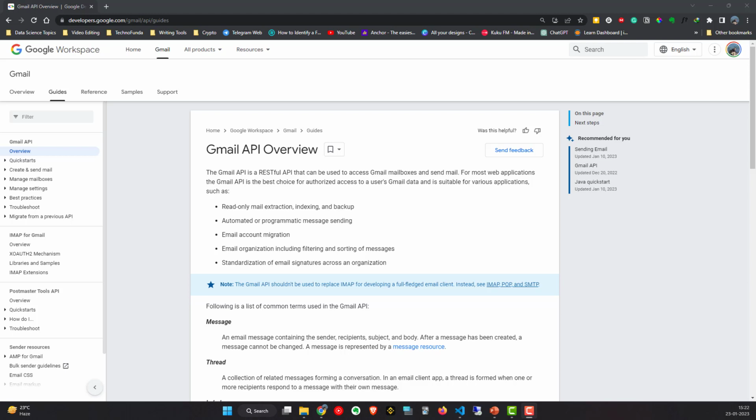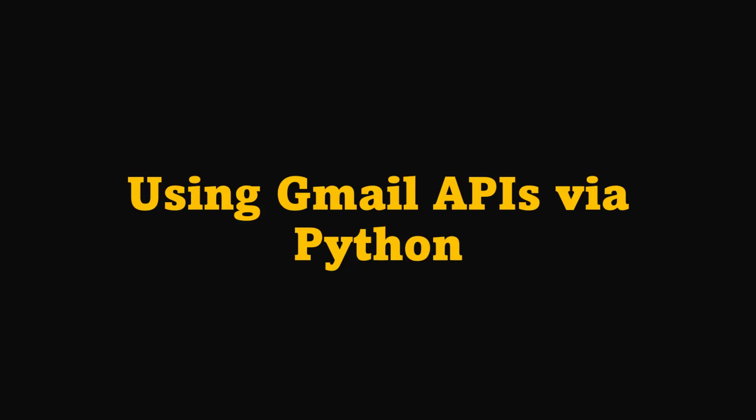For example, in case of Gmail APIs, we can read our email, we can read our labels, or we can even send emails. We can make the sending of emails automatic. We can migrate our accounts and standardize our email signatures across an organization and so on. Right? So let's get back to our presentation and see what the different steps involved in using Gmail